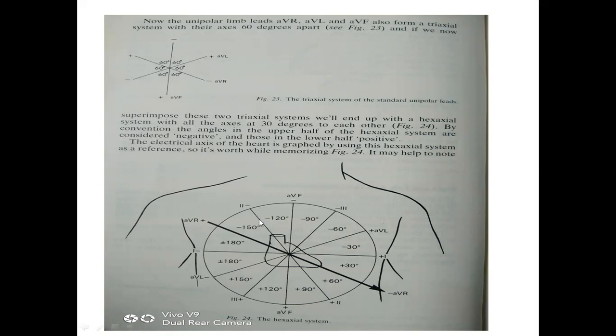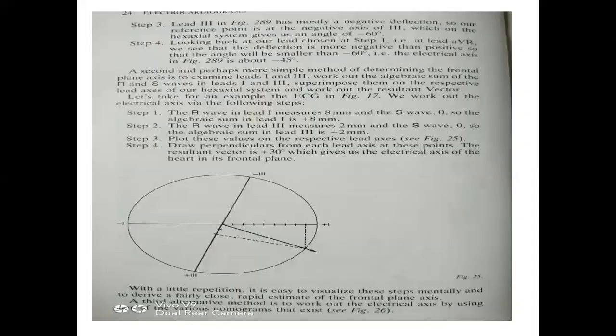Are you getting what I'm saying? The lead is fixed. Always 1 and 3. The lead will not change. How many leads do you have in your ECG? 12. For axis deviation, you have to take only reference of lead 1 and lead 3, not the other 10 leads. Is it clear? Yes, sir. I will show you some ECGs and then you see whether you can get the axis.